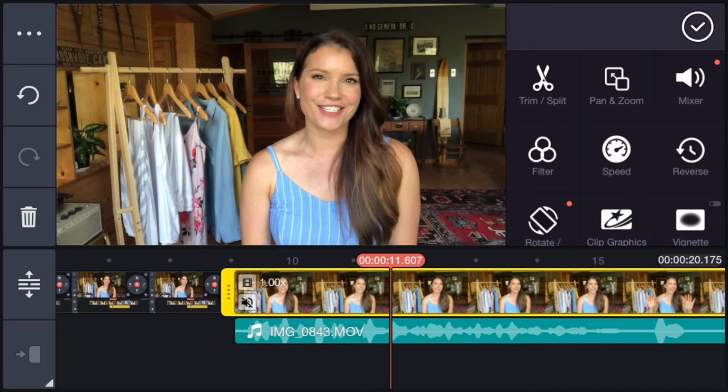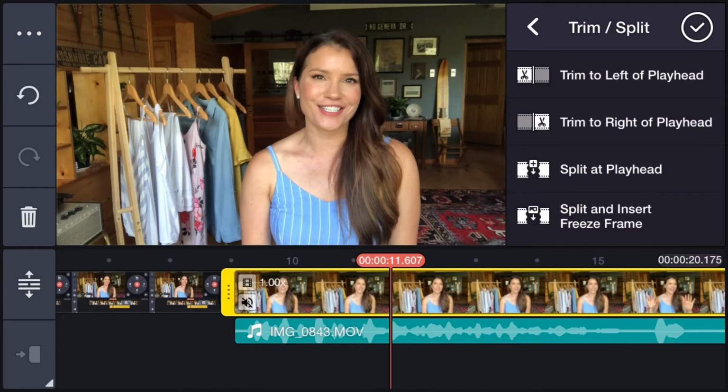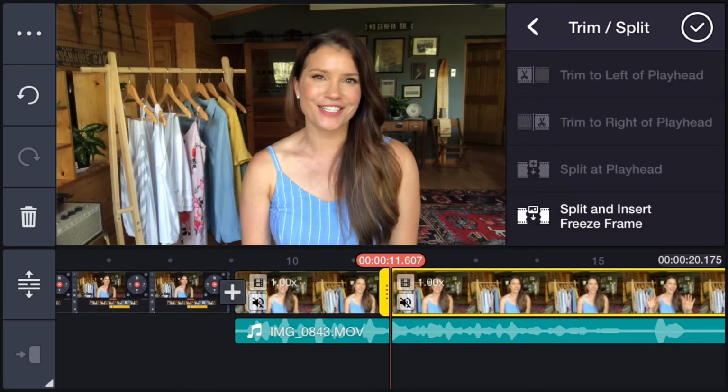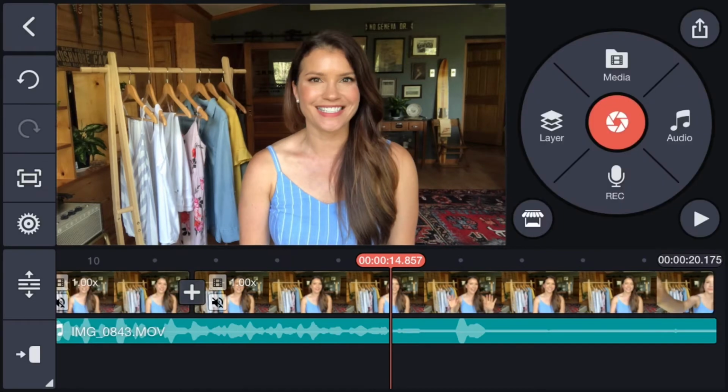So obviously the first thing we want to do is tap on the video clip to highlight it in yellow, and then we're going to hit that scissor icon on the top row left-hand side. There you'll see the third option down says split at playhead. Tap that to make your first cut. Hit the check mark in the upper right-hand corner,